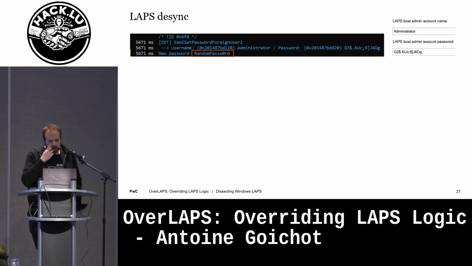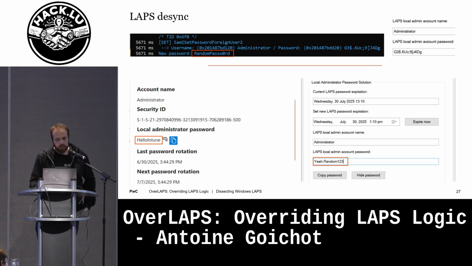So here is an illustration of the first scenario. We have also captured the random password that is sent to the directory, so G3 and so on. But the actual password that we have set by hooking this function is this string, so random password.